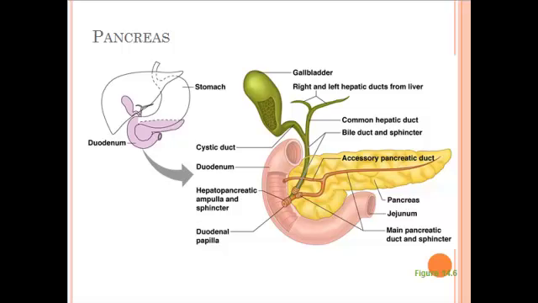Then we have the gallbladder. The gallbladder stores bile, which is produced by the liver. And as the liver produces bile and sends it down these hepatic ducts, which come down and empty into the duodenum. If the sphincter is closed so that no bile can come into the duodenum, if the sphincter is shut off,